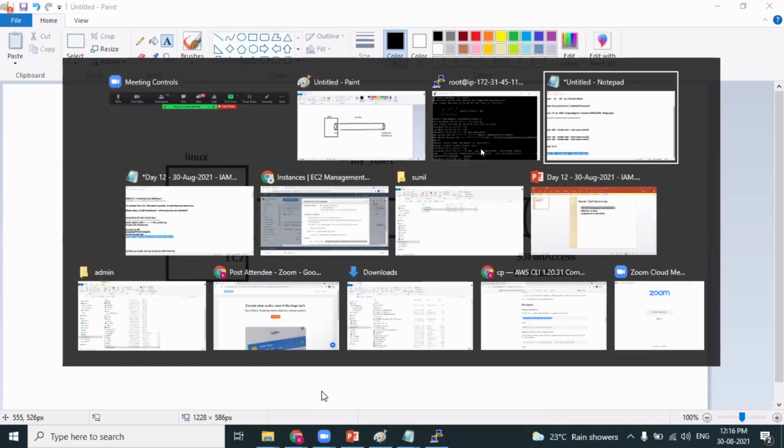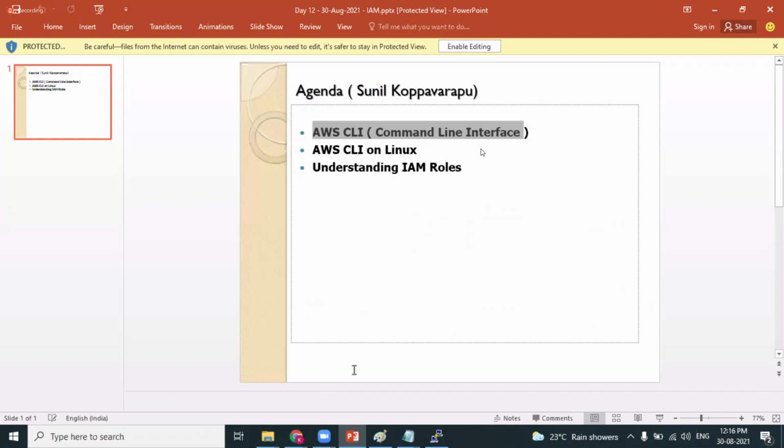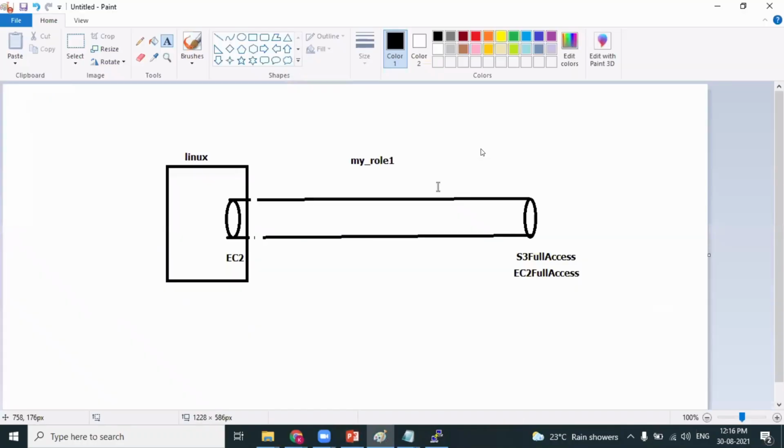So what's our agenda for today's session? We have learned how to experience the command line interface. We have experienced the CLI, and you now know how roles will help you provide security with respect to the command line interface. Okay. By attaching policies to that particular role and adding the role to that particular EC2 machine, we provide them the access to the EC2 machine. From there, they will have restricted access. I hope I have been very clear about the concept of command line interface.